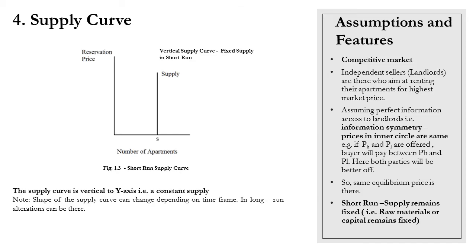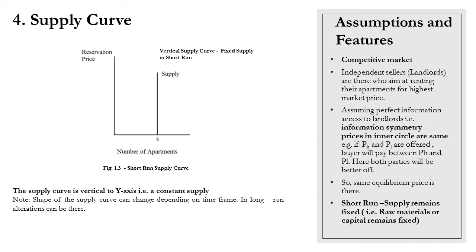And as a consequence, because of information symmetry across all the participants in the market, the price being offered remains the same across all the sellers in the inner circle. Then if PH and PL are offered, say, for example, PH a high price and PL a low price, the buyer will be paying between PH and PL, okay, because only there is a feasible region, right, between high and